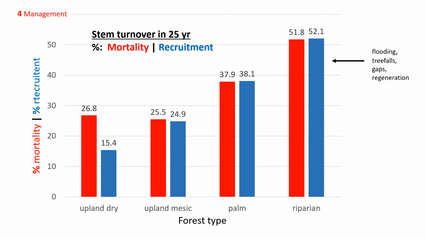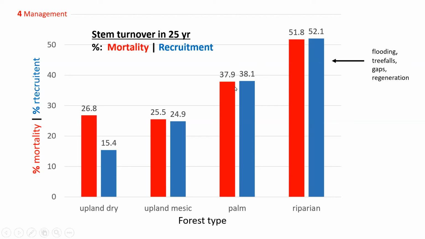And the reason, I think, is that it's just a really good place for trees to get started and to flourish, at least for a while, because it's got plenty of moisture. It's got probably rich sediment soil, but at the same time, it floods every so often, which destabilizes the trees and they fall over. So there are lots of tree fall gaps, which encourages more regeneration, and mortality, which encourages more regeneration. So again, natural disturbance is making this a very dynamic old growth plot.